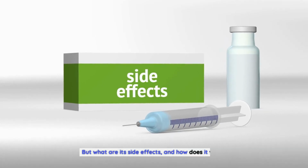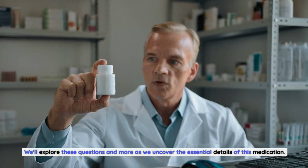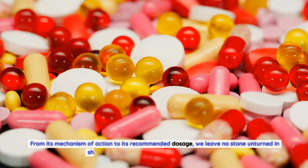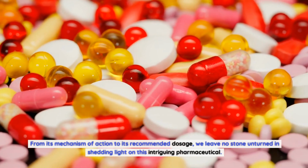But what are its side effects, and how does it work? We'll explore these questions and more as we uncover the essential details of this medication. Discover the potential benefits and risks associated with vortioxetine. From its mechanism of action to its recommended dosage, we leave no stone unturned in shedding light on this intriguing